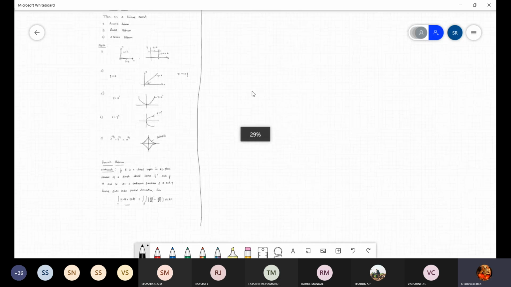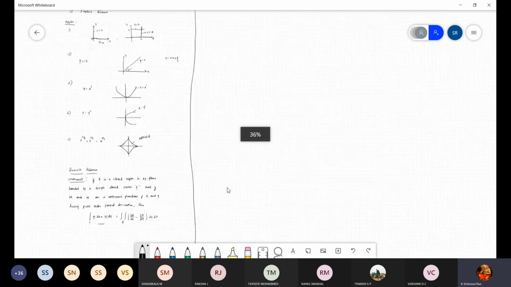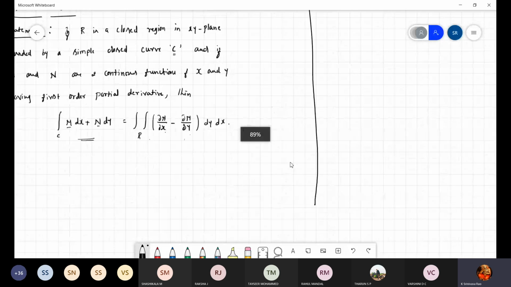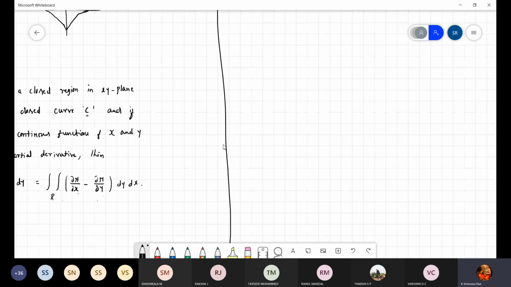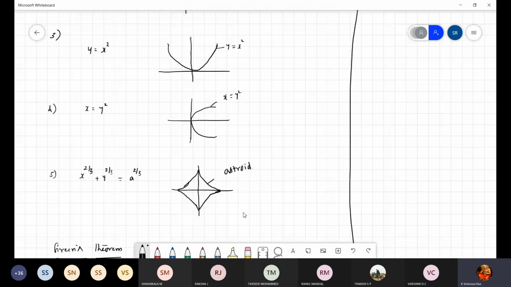Just remember this formula first. The line integral of M dx plus N dy. They will usually give the problem in left hand side form only: integration of some function dx plus another function dy. One function you take as M, another as N, and differentiate separately: N with respect to x always, M with respect to y always, and subtract. Whatever you get, you have to integrate. The main thing is that differentiation is simple, but for the integration limits you have to substitute, and for that you should use these curves we discussed.